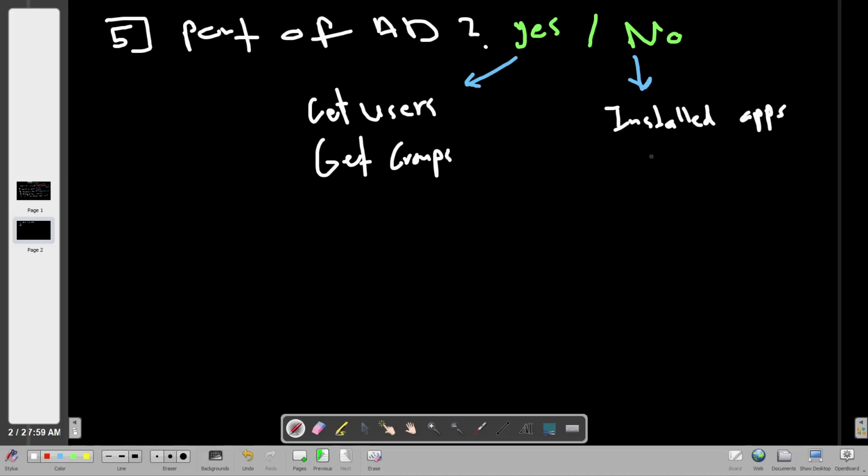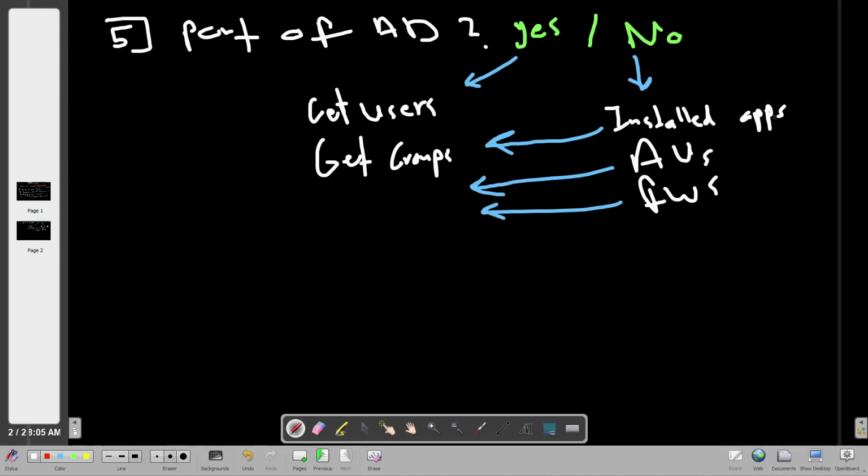Right? We're going to find out if there are AVs installed on the machine, antiviruses, firewalls. So these two steps are common in both cases, yes or no. Okay. Another important step, if the machine is part of Active Directory, to take is to understand if the